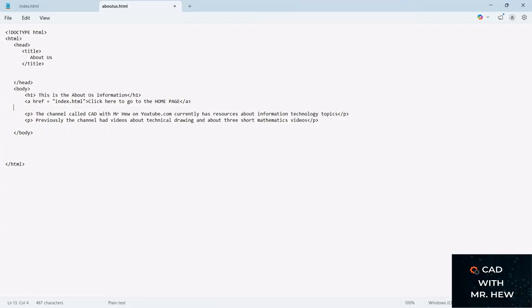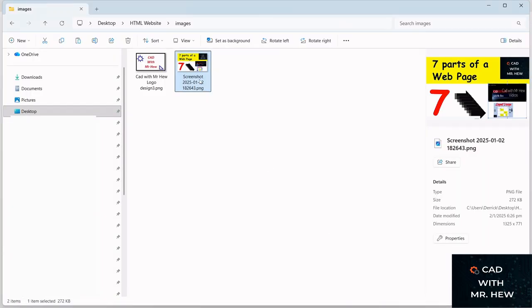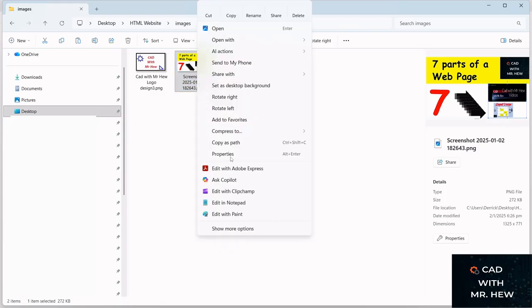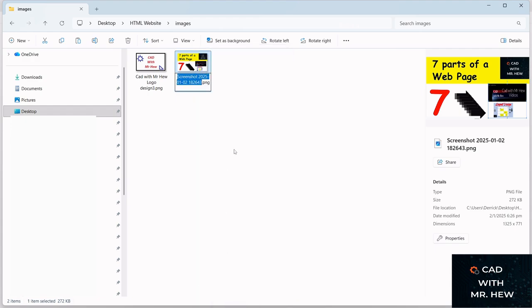So remember now to add the image, you would type left angle bracket IMG SRC equal images / and what was the name of the file? I have to come back in the folder. All right, it was rename. Rename. Let's call this